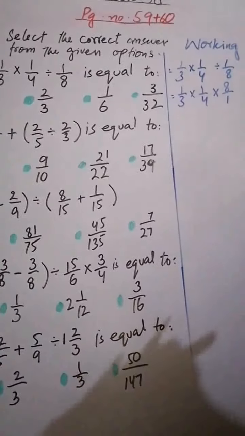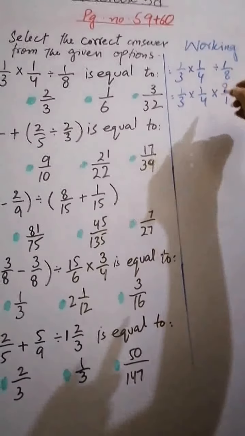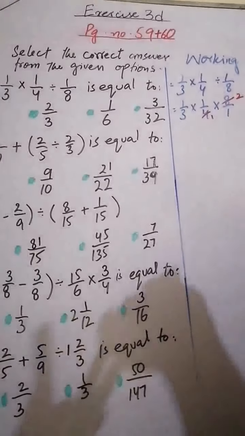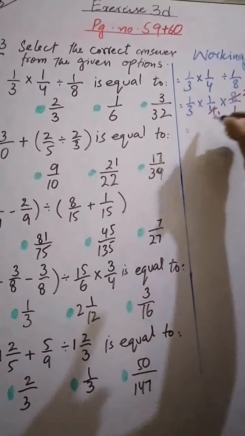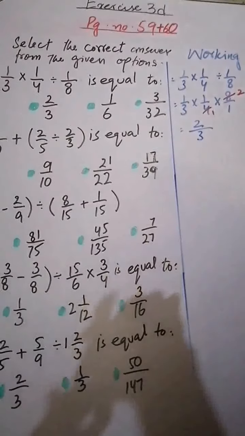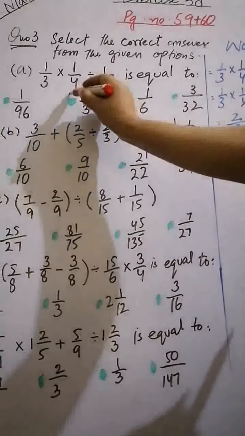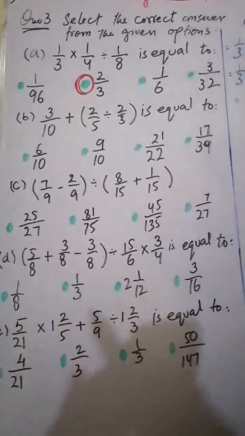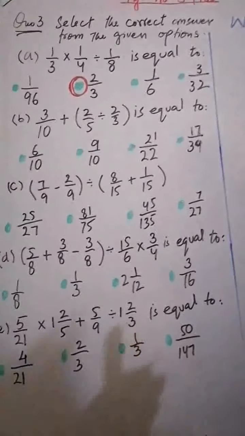So it's 4 1s are 4, 4 2s are 8. So the numerator is 1 1 2, so 2 over here, then the denominator is 3. So our answer is 2 by 3, right? Okay, now it's 3